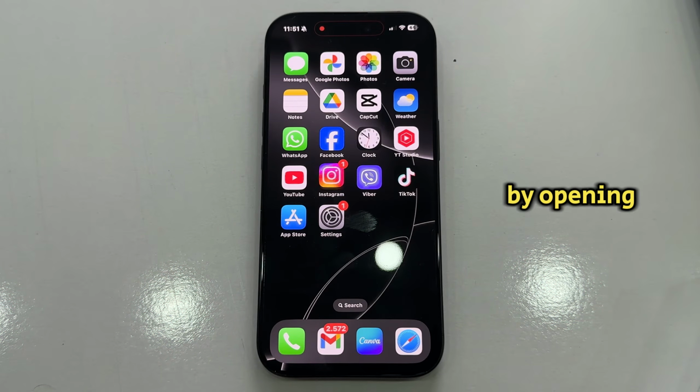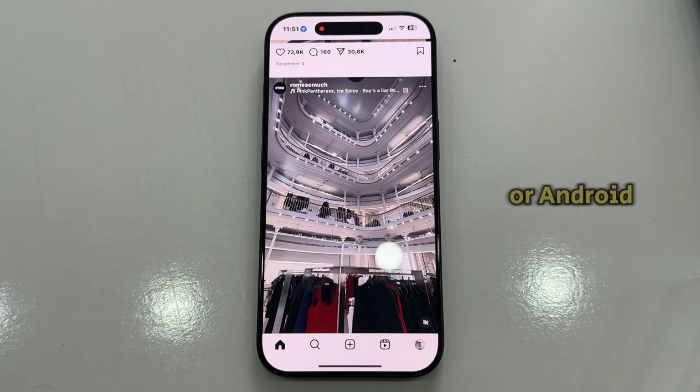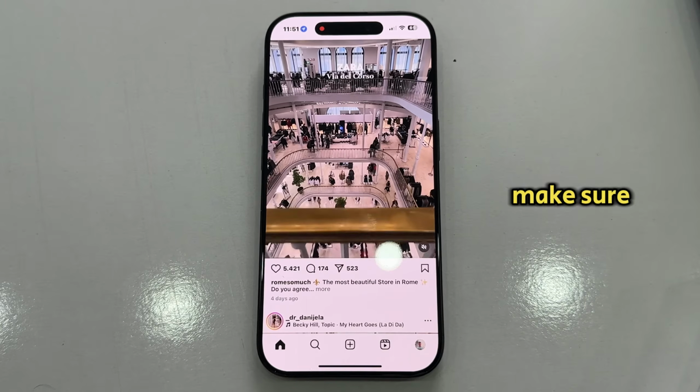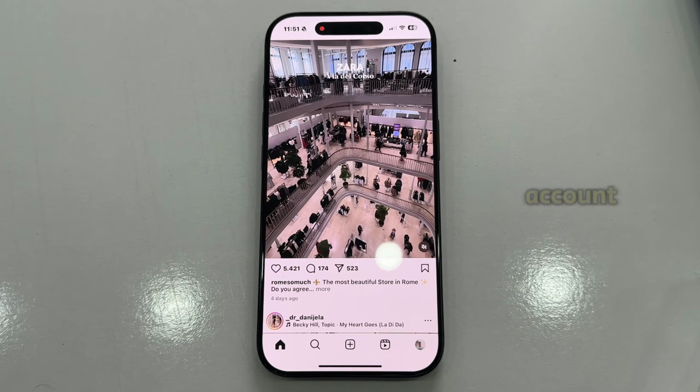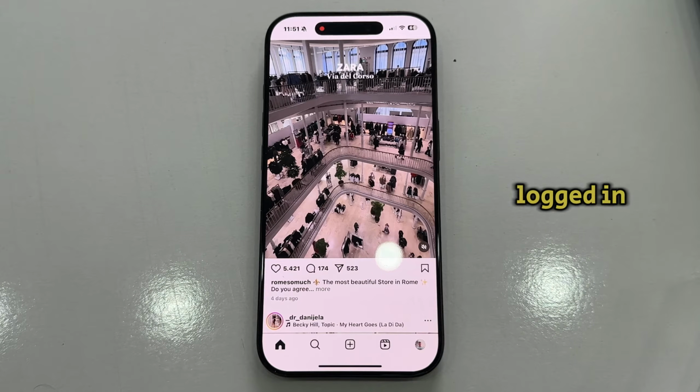We'll start by opening the Instagram app on your iPhone or Android device, and then make sure you're logged into the correct Instagram account. I'm already logged in, and the first step we'll take is to find any Instagram post or reel, whether it's from another user or one of your own posts or reels. We need access to the comments section, so I'll click on the little comment icon here, and that will take